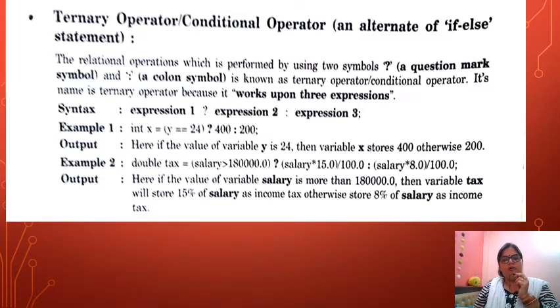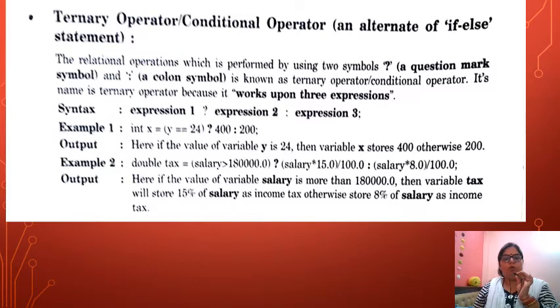See how, with the example: x is equal to y. If y is equal to 24, then 400, otherwise 200.